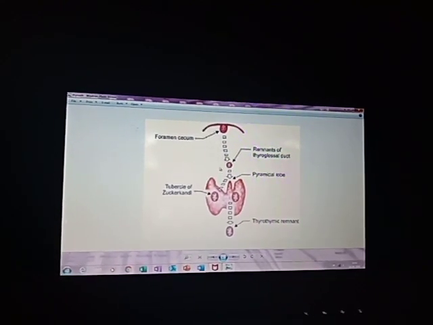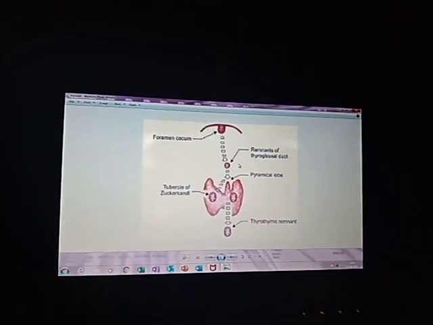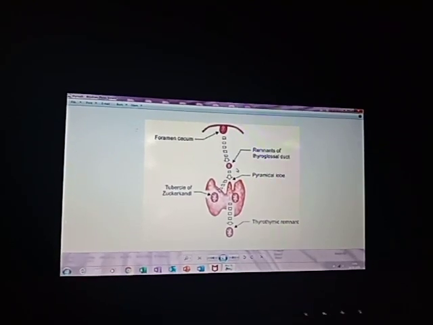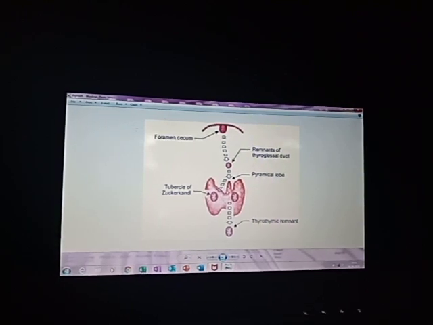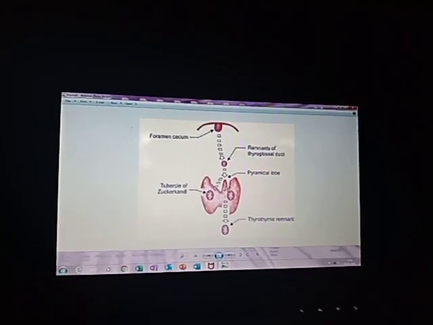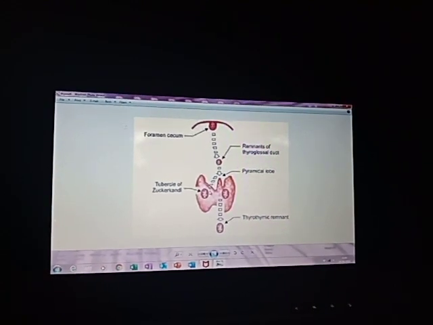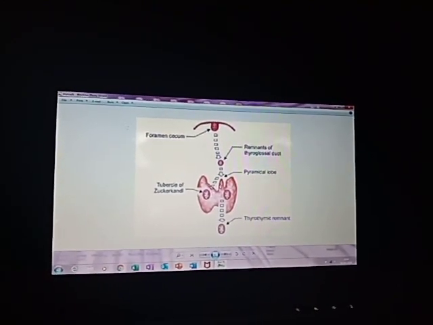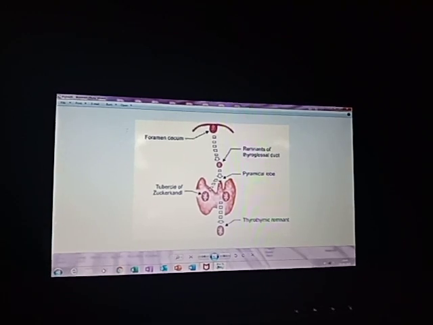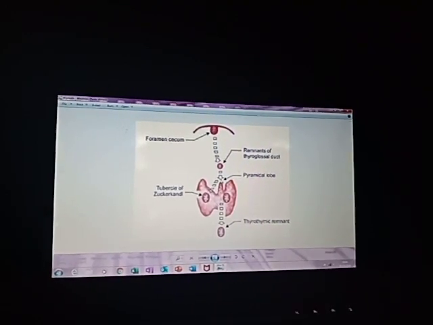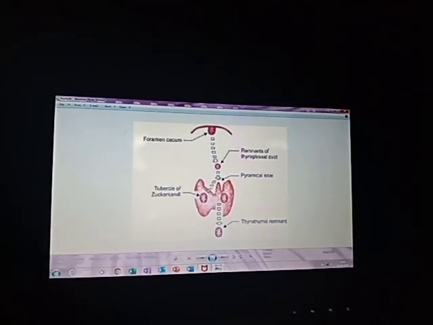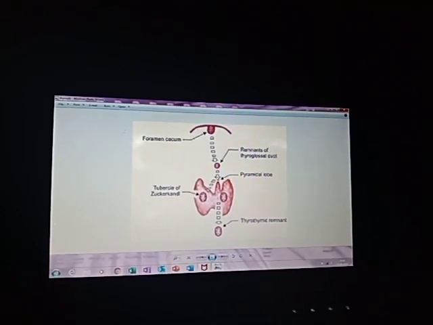Other things like lymph node enlargement or any abscess on the neck cannot move during deglutition, but this thyroglossal cyst can move because it is covered by pretracheal fascia. And this part is the pyramidal lobe, and some remnant of the thyroglossal duct is known as the levator glandulae thyroideae. It is a fibrous part of the thyroglossal duct.